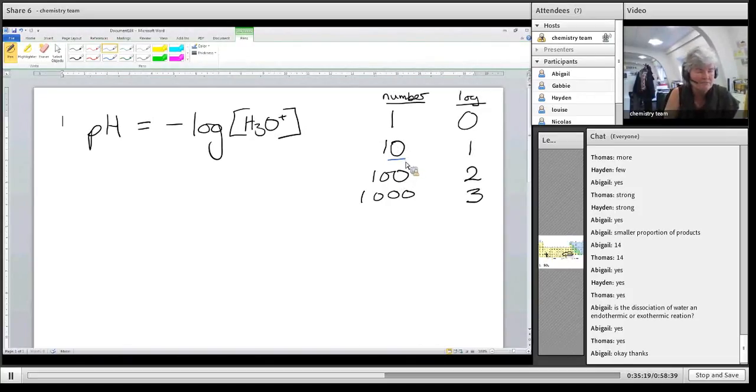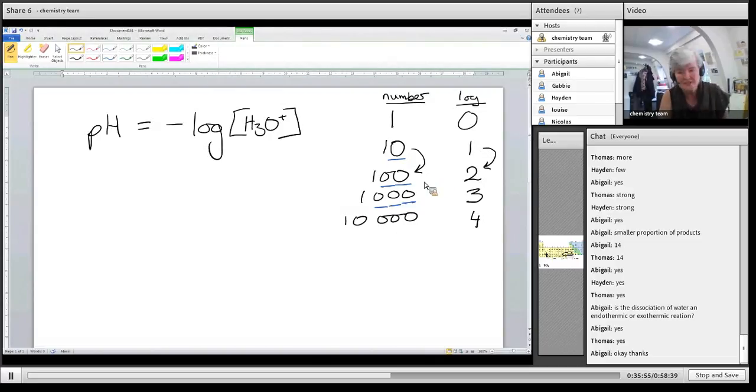Now, your math teachers probably have a much better name for this. So you can see, you know, I've got 2 placeholders there, I've got 3 placeholders there, and you would carry on. So, you know, 4 would be a log of this number. Okay, so that's the relationship. So you can see if you go up 1 unit in the log scale, you're going up by quite a large percentage in the